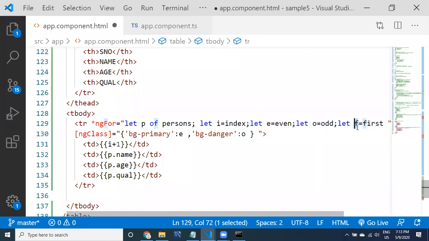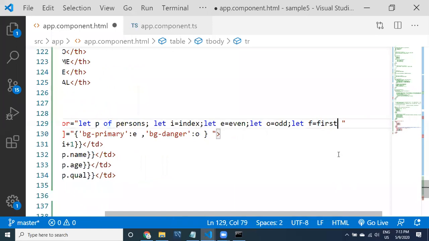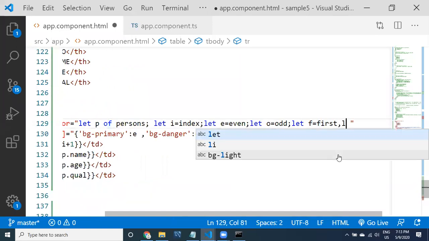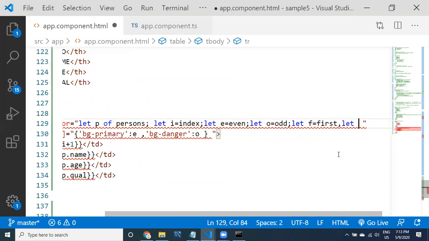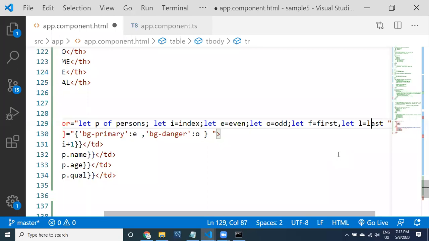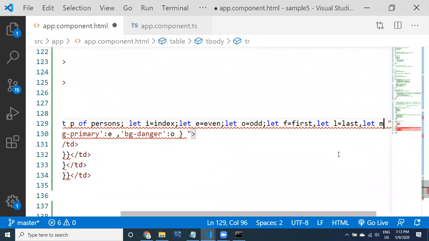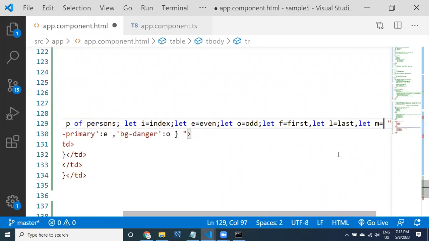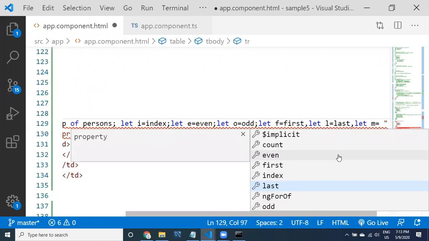If it is the first record, then f contains true. For the last record, l equal to last. If it is the last record, l is going to be true.